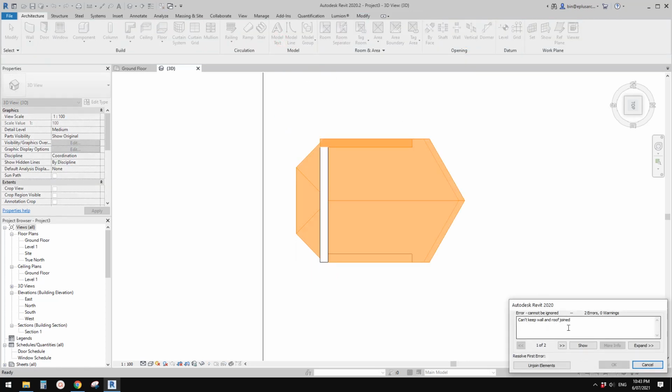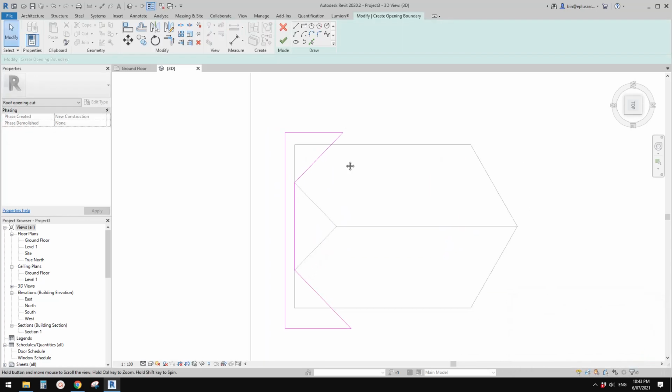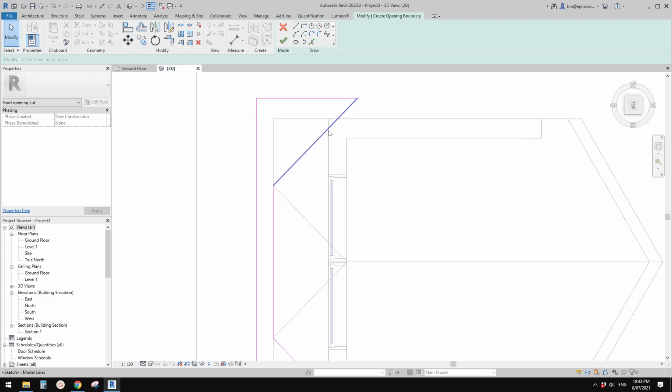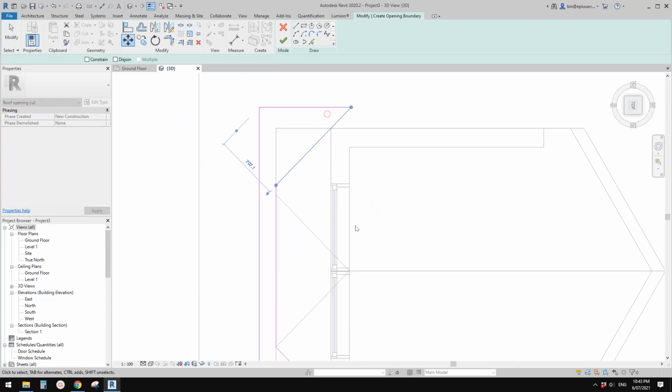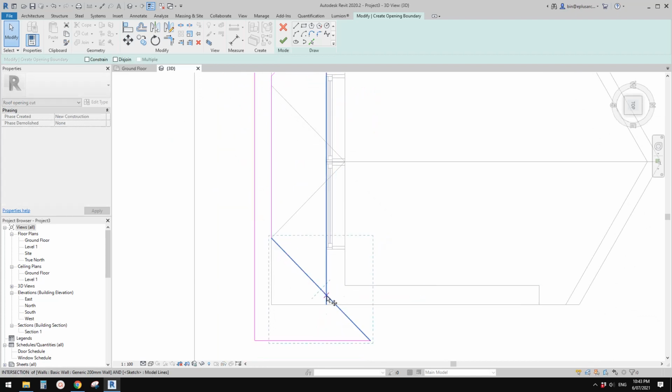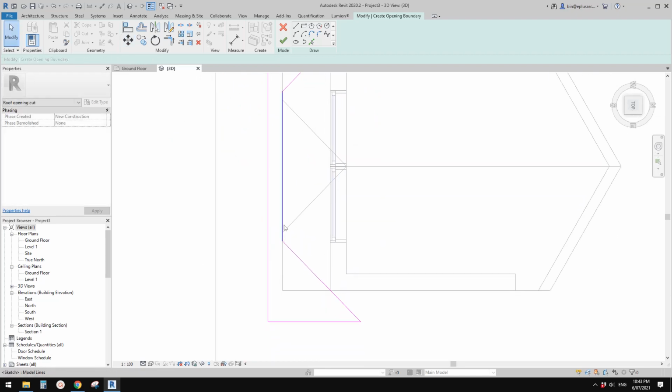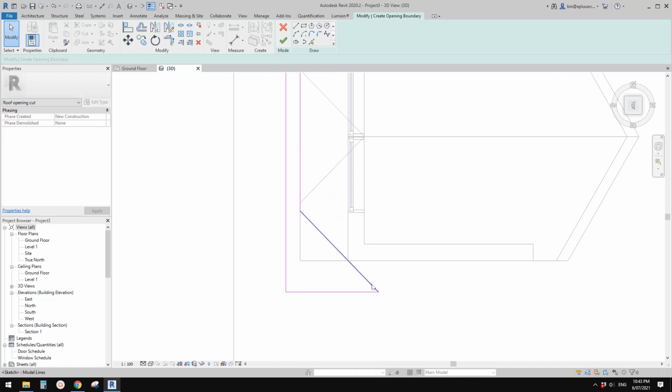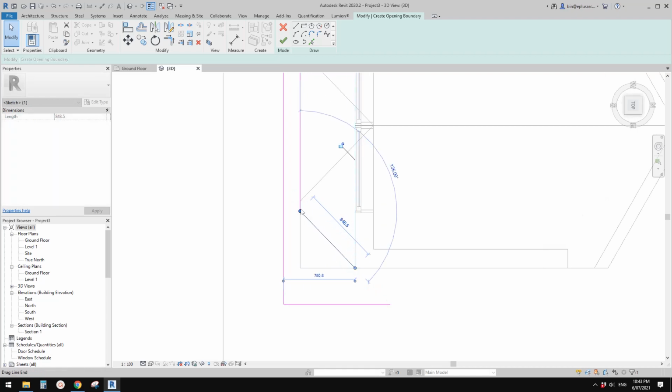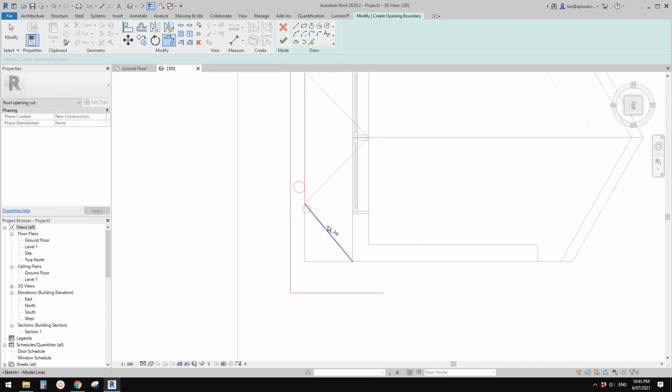Can't keep wall and roof join. So looks like there is, see here, looks like we need to adjust that void. Okay, so let's just cancel this, change it to wireframe WF. So maybe we need to drag this up, move this down, and then somehow, yeah, we probably need to adjust that. Or even you can just, instead of 45 degrees, let's just do it